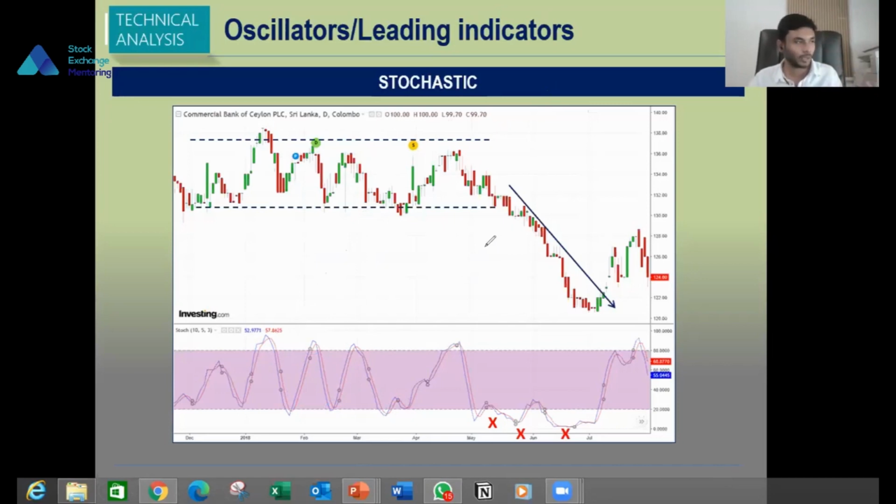But the oscillator gives you a heartache, where once this support line breaks, this range level breaks, this range pattern is broken, and the market goes into a new trend. You can see our oscillator indicator is giving you a premature wrong signal saying oversold. So if you are trading based on oversold, what would you do? If it is oversold, you should buy.